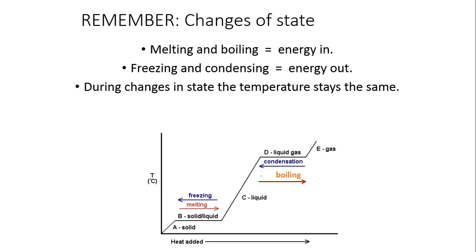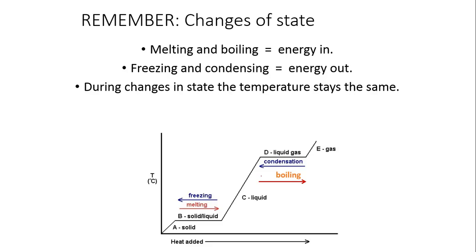Energy in or energy out, changing states of matter. Okay, so here's a graph. Last year we did a lab where we took ice and put it on a Bunsen burner. Energy went in as a form of heat, and so the ice changed state from a solid to a liquid at 0 degrees. This was melting, its melting point. The temperature stayed the same throughout that entire time when the ice was changing state. Then once all the ice had melted, the temperature of the water began to rise again, and it continued to rise until it got to 100 degrees Celsius, at which time the water began to boil, changing from a